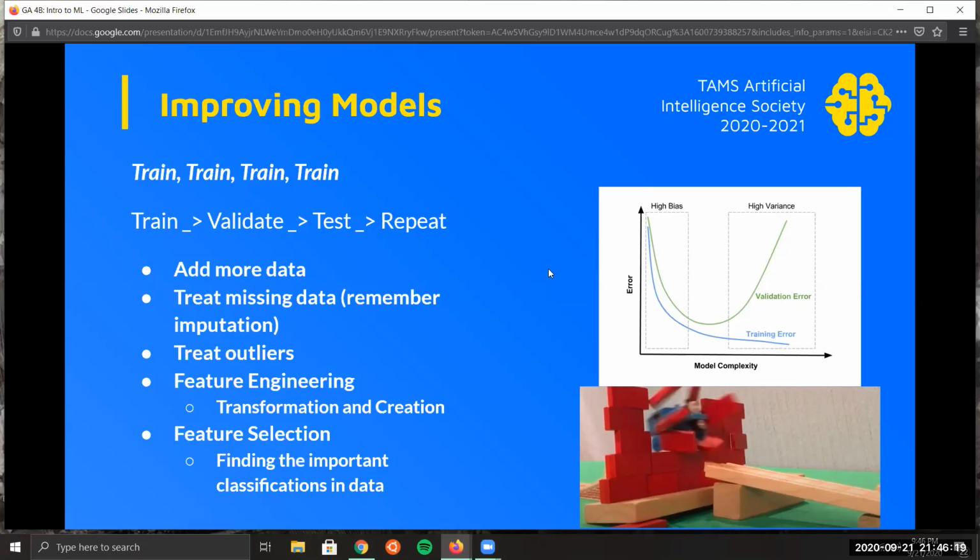And getting rid of them helps improve your data. I mean, not improve your data. It does improve your data, but it overall improves your model. Then you have feature engineering, which is like